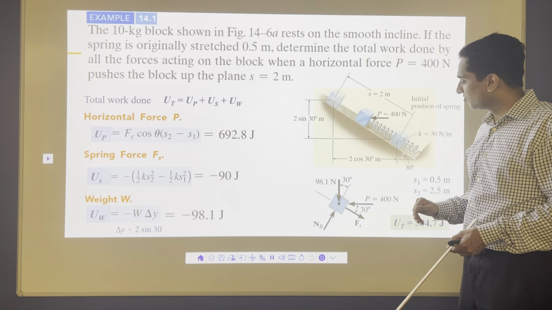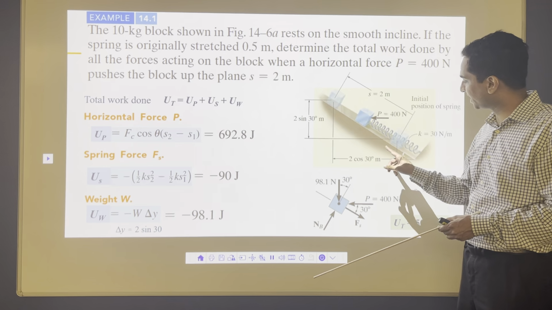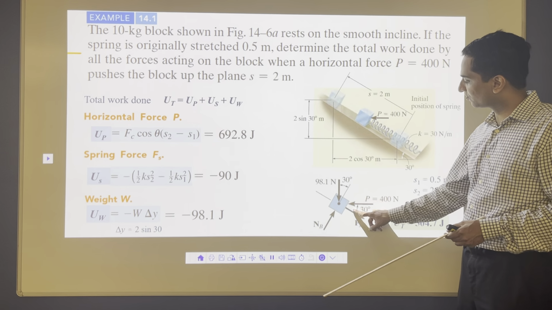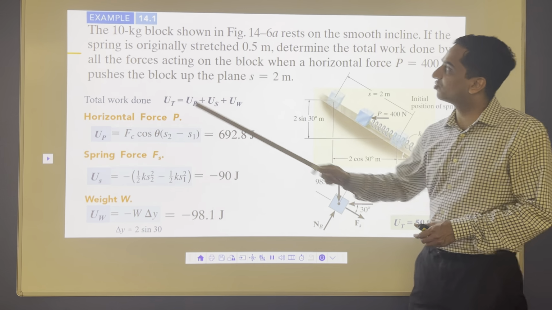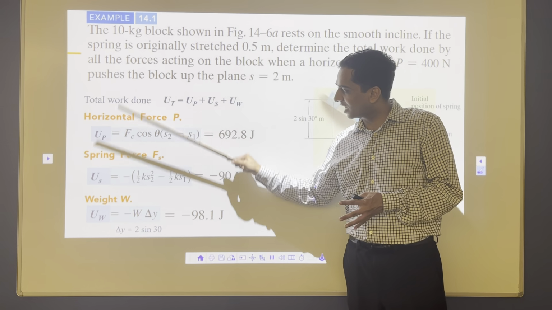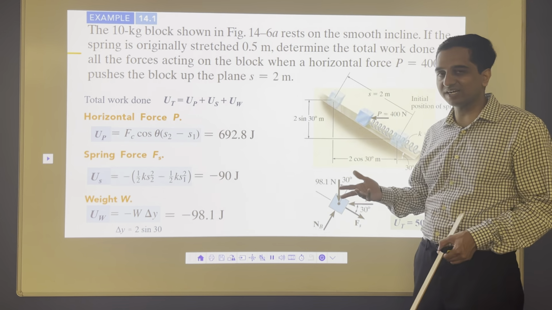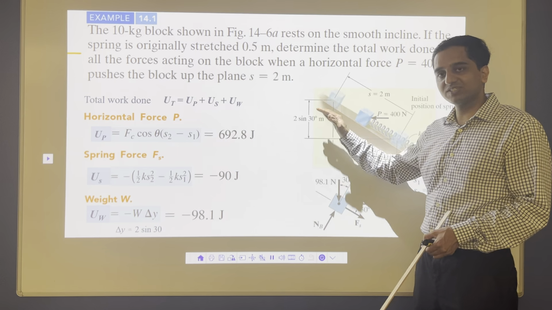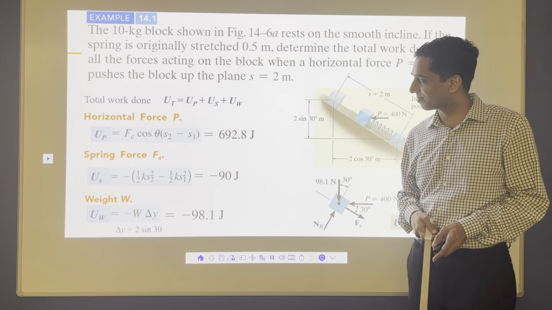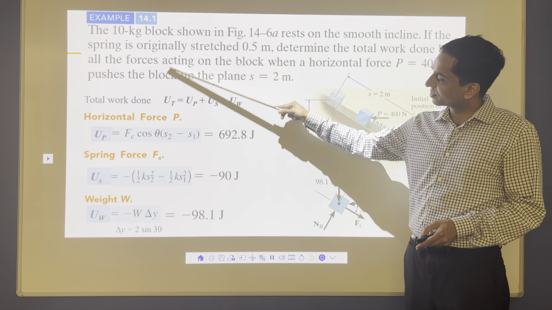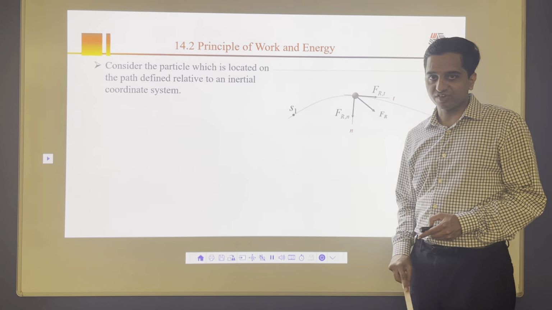Now when you study this kind of problem for the exam, what you can do is change the numbers. You can change this angle here. Instead of 30, you can say it's 40 degrees, 50 degrees. You can change the weight of this block, and then you can see how much difference it makes overall. You can change this force, instead of 400, try 800 Newton, and see how much difference it makes, and then you can redo this problem when you study for the exam. Anyway, so this is the problem, and that's how we can calculate total work done by using these three formulas.